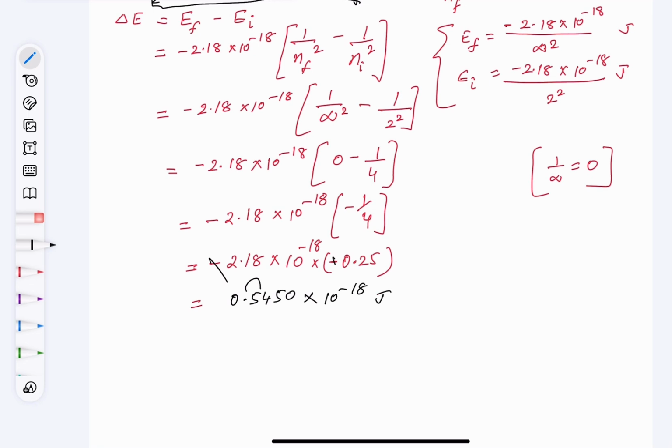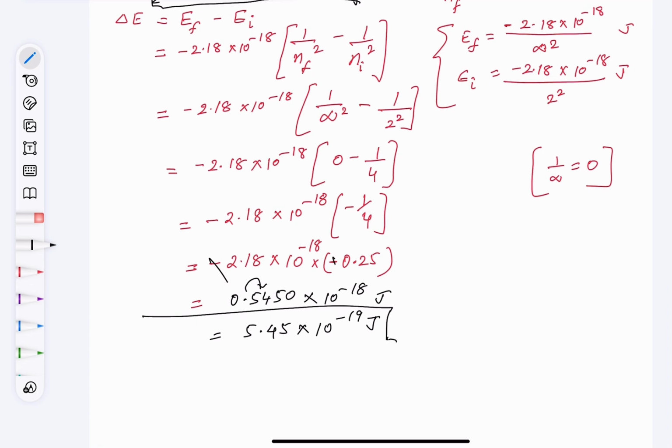You shift the decimal point between 5 and 4, so you will get 5.45 into 10 to the power of minus 1, as you are shifting the decimal point towards the right, which we add to 10 to the power of minus 18. So it comes out to be 5.45 into 10 to the power of minus 19 joules